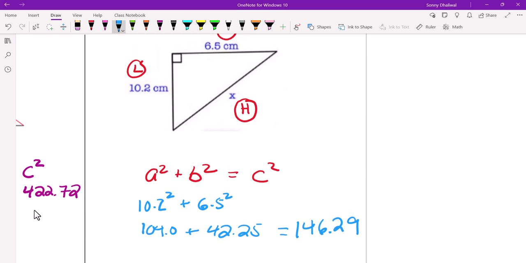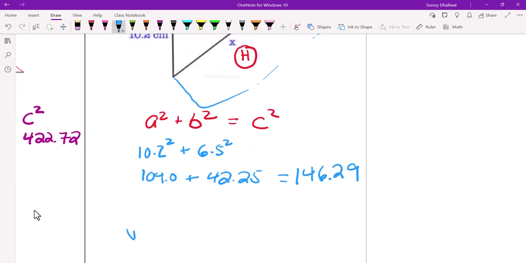What do we have to do next? Square root it. So remember, this gave us c squared, not c. This gave us that box off of the hypotenuse. It didn't give us the side. So we have to do the backwards way. You have the area, you want to find the side, you take the square root. So we go square root of